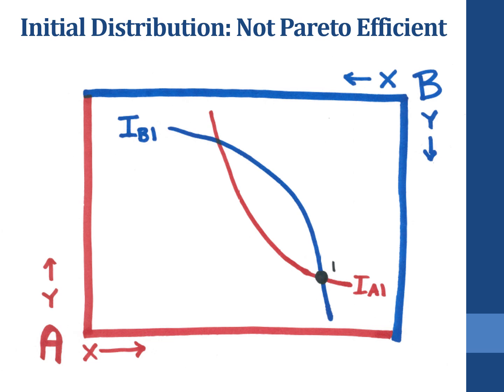This is not a Pareto efficient state of the world. It is our initial distribution, however. So we give the individuals a non-Pareto efficient state of the world, but we give them an initial distribution. And we give them all of the goods. So the goods are already produced. Do they exchange in such a way that we lead to a Pareto efficient state of the world within this